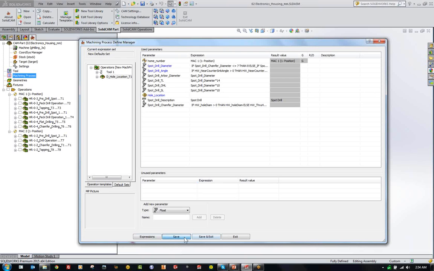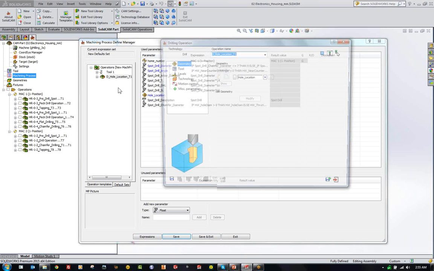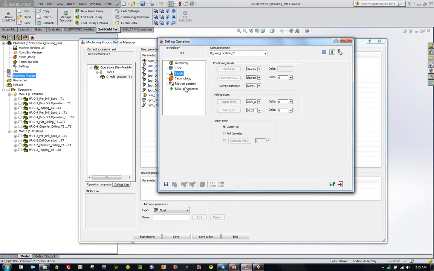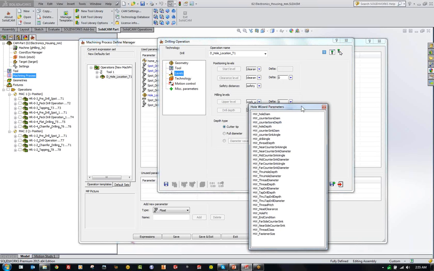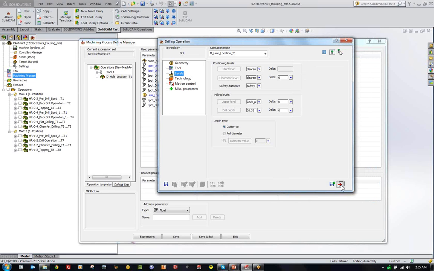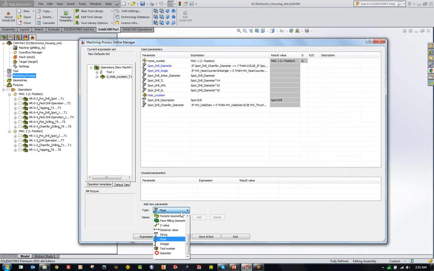All right, so now I want to save that, and I want to go back into the operation. What's the next thing? We've done the geometry, we've done the tool. The next thing we've got to do is the levels. Where do we want this to work? Well, I don't want to work off the upper plane. I want to work off the hole wizard parameter. Actually, my upper level wants to be a selection. I'm sorry, hang on a second. We didn't do that yet. We need to create a variable called z-value. In our z-value, we're going to name this